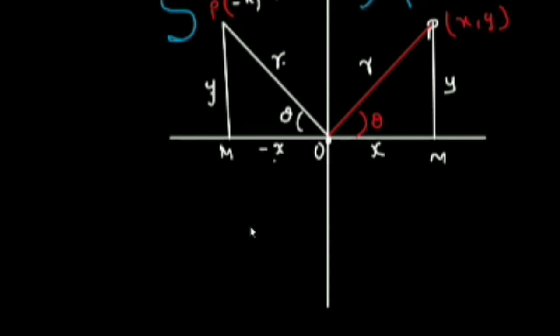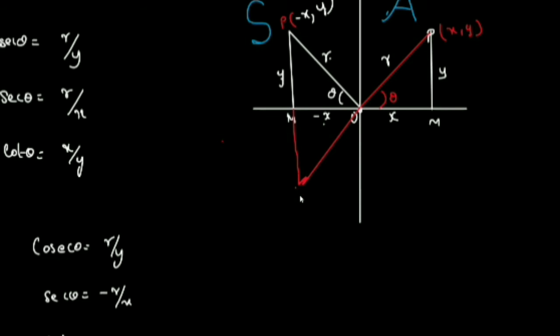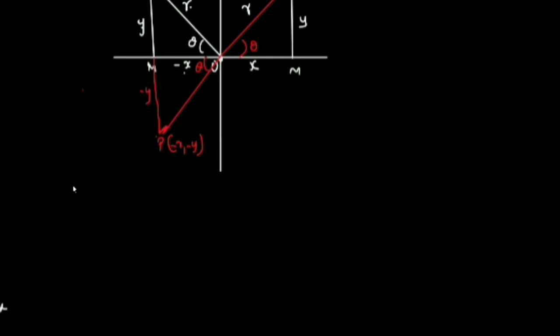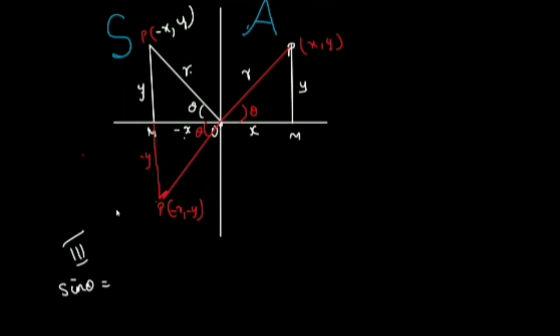So sine is positive. Now the point P is in the third quadrant. So you know that this is negative, this is also negative. Minus x, minus y. Theta is in the third quadrant now. So just see the diagram and tell me what is sine theta. Sine is also negative, right? Opposite side is also negative. This is r. R will not change. R will be positive always because it's the root of x square plus y square. So sine theta is minus y by r.